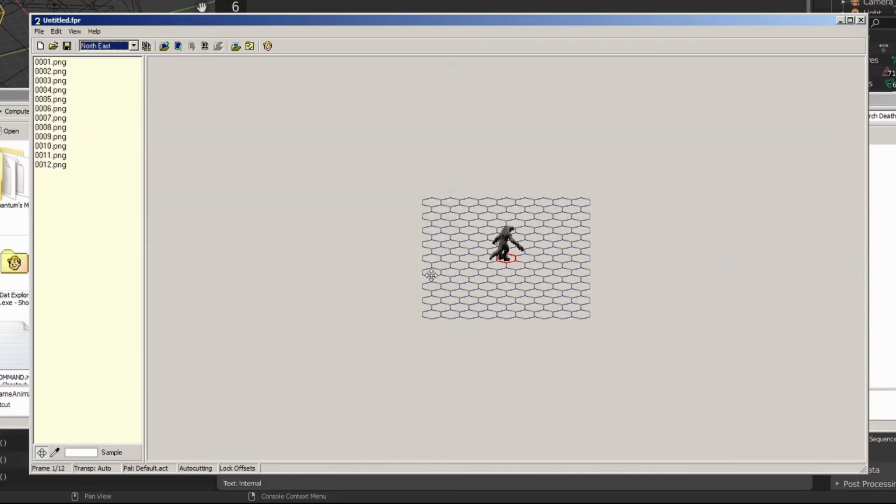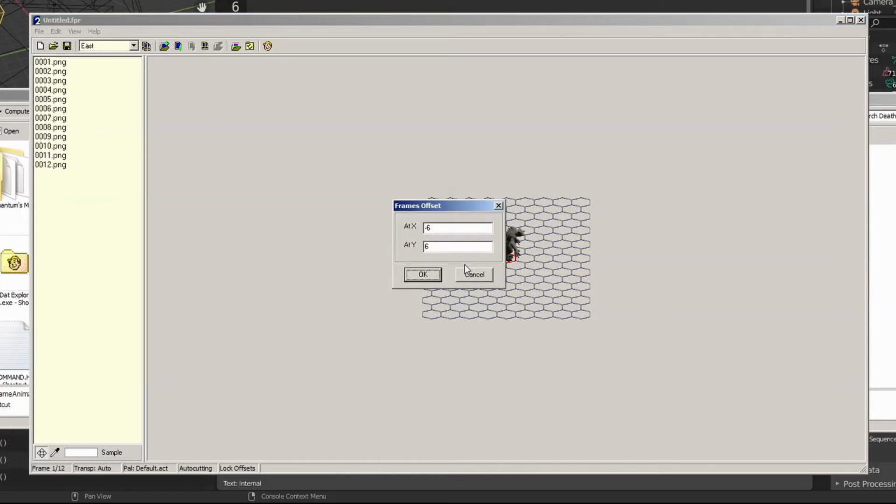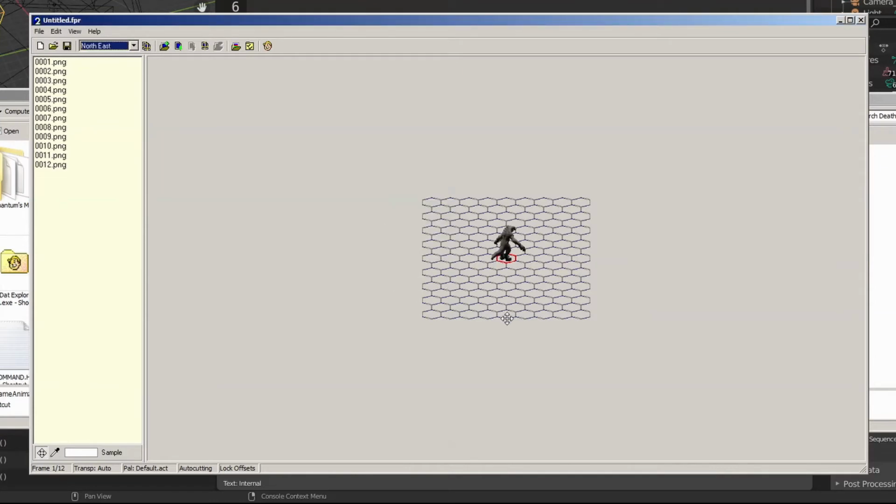Reason for that is usually the Y-axis will look good and the X-axis will have a problem, or vice versa, the X-axis will look good but the Y-axis will have a problem. So I'll end up wanting the Y-axis to stay the same for each direction but manually change only the X offset, and this is how you do that. When you're satisfied with the centering for each of the animations, click this little smiling Vault Boy button to create